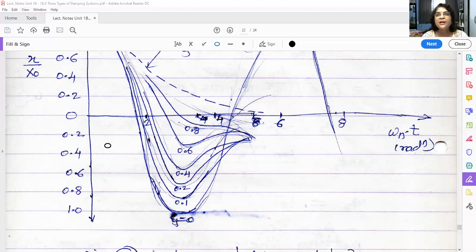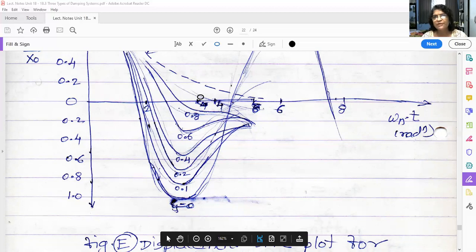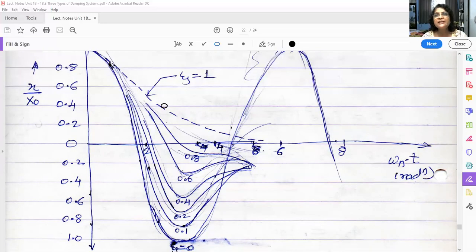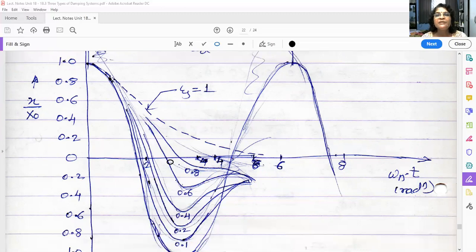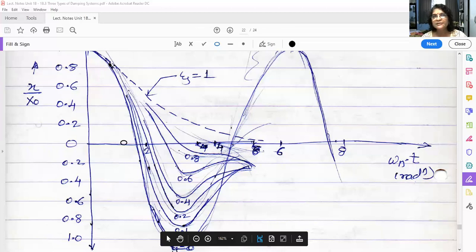So in under damped vibration, the value of zeta lies between 0 and 1, just less than 1, not 1. If zeta is equal to 1, that becomes the case of a critically damped system. We already studied it in the earlier lecture. We are not going to study it now. Here we are going to see the physical interpretation of under damped vibration. So let us consider, say, zeta is equal to 0. If you don't provide any damping, how will you get the displacement time graph? See, it is sinusoidal without any reduction in amplitude.